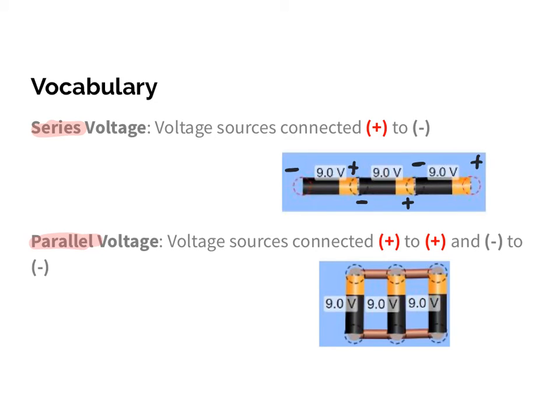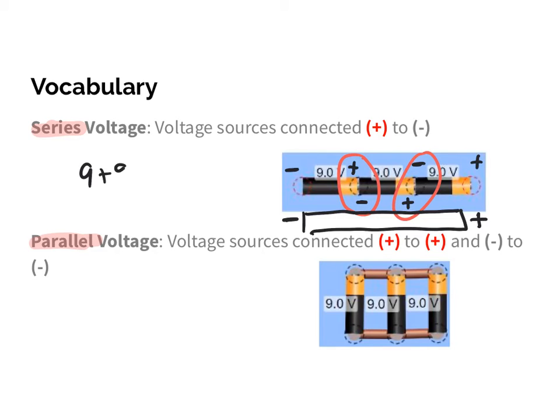So notice what's happening here is I'm lining up the positive of one end to the negative of the other. Same thing here. What it essentially does is notice that the other ends, I have a negative end over here and a positive. So what it essentially does is it creates a larger battery with one positive and one negative. So hopefully you guys saw that if I have a series voltage source, the voltage is simply going to add up. So 9 plus 9 plus 9 would actually create a total voltage of 27 volts